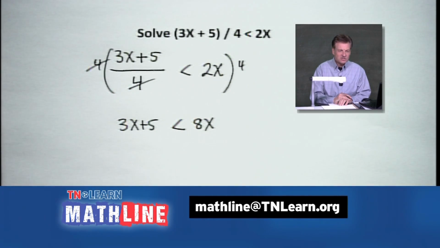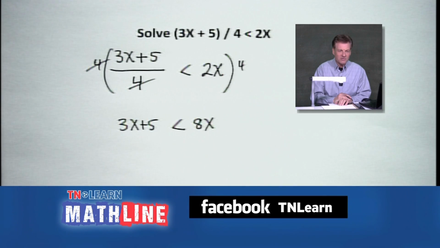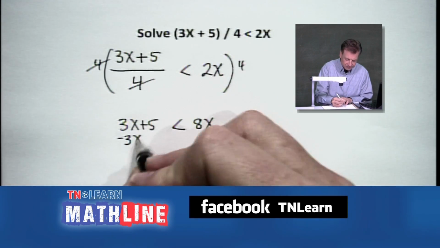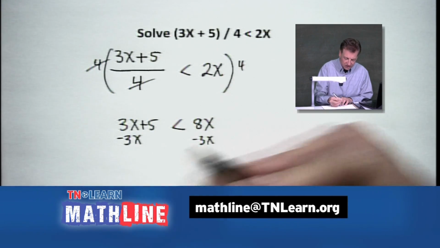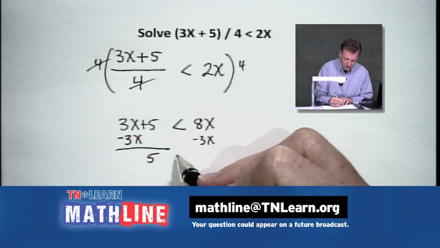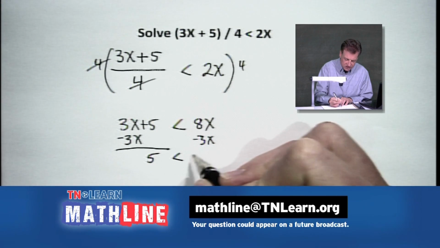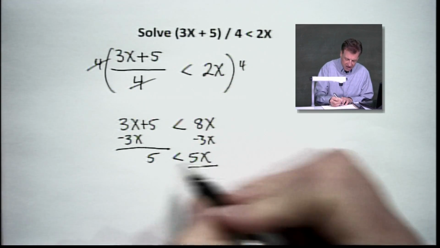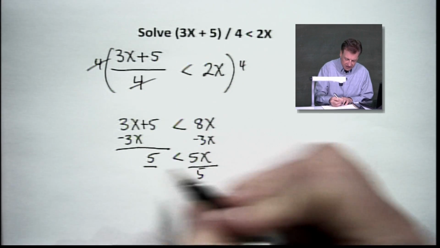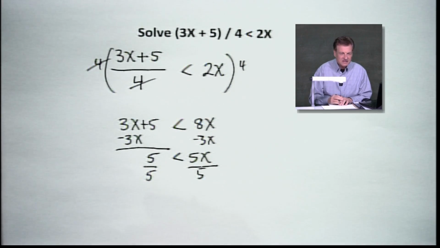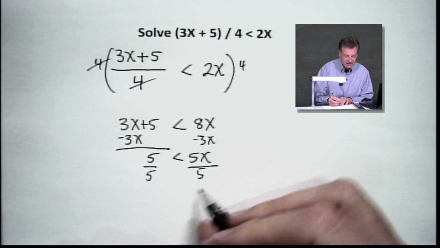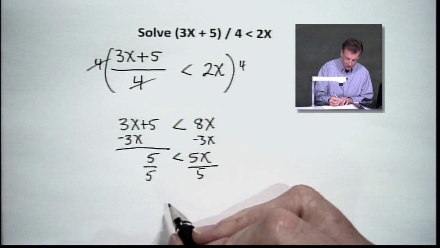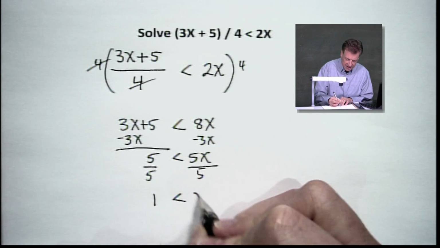Now, questions, questions, questions. Which way do we go on this, right? Yep, everybody's wanting to know. I'm going to go ahead and subtract 3x on both sides, all right? It's going to leave me with a 5 over here and a 5x, which was nice to happen over here. And then it's a positive 5, so we're going to divide by 5. And what that basically tells me is that we're going to have 1 less